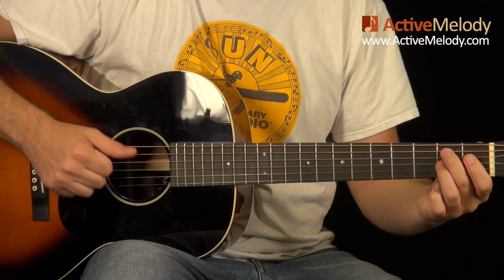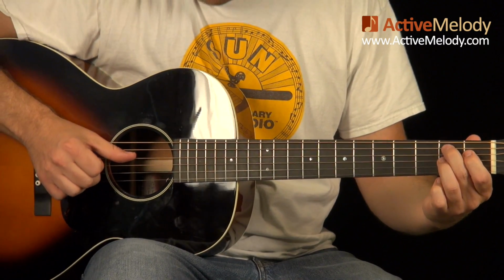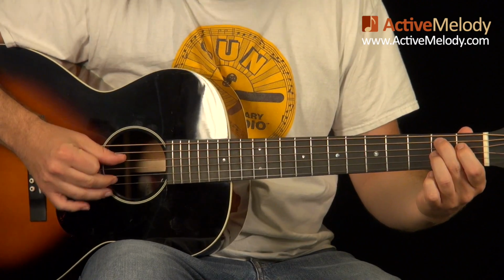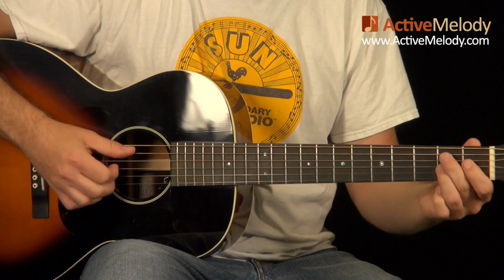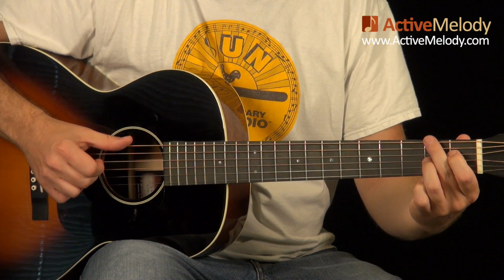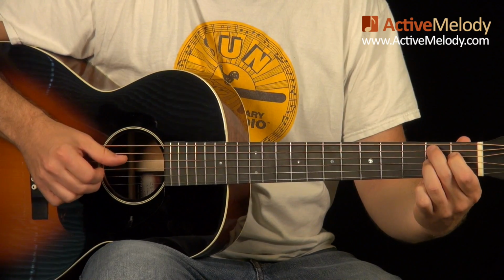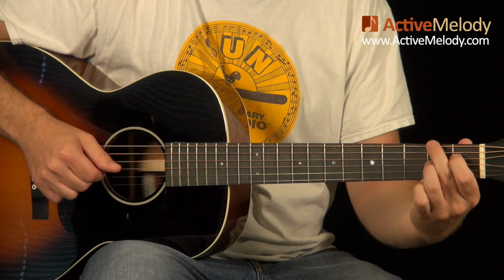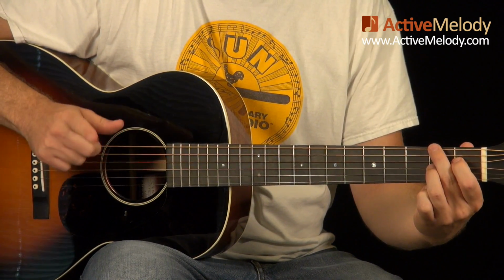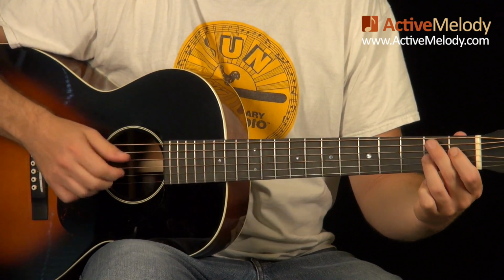we're going to start with our thumb on the 5th string, then we're going to put thumb on the 4th string, middle finger on the 2nd string. So we have, now watch this, the middle finger comes down and plays the low 6th string there on the 2nd fret. And then after that, index finger plays the 4th string, or sorry, the 3rd string. So let's back up, we have...